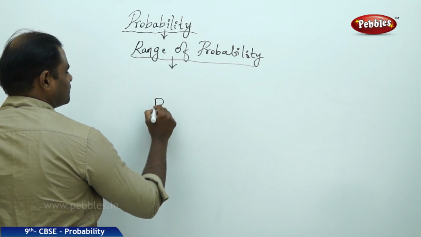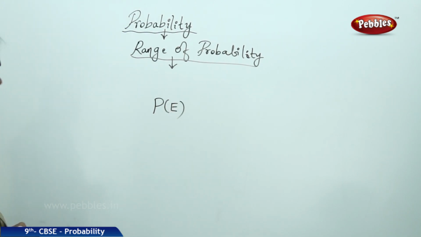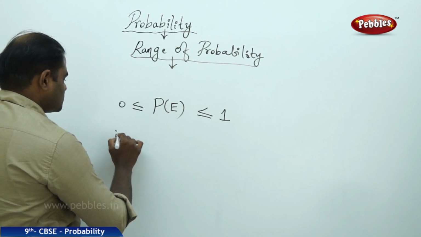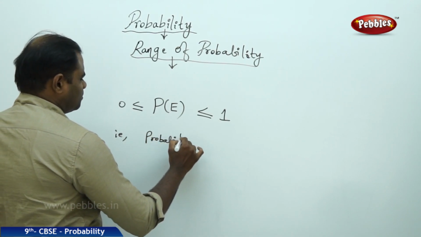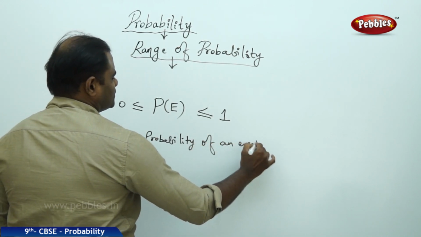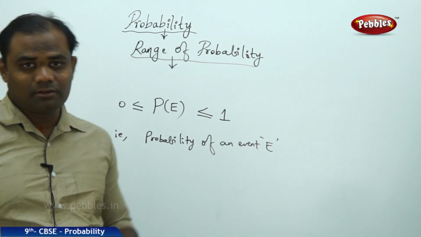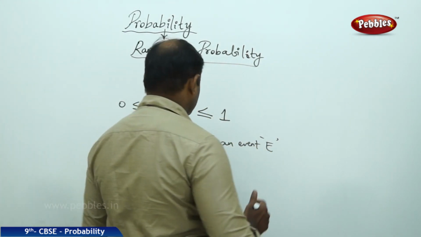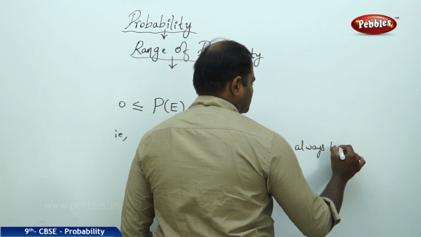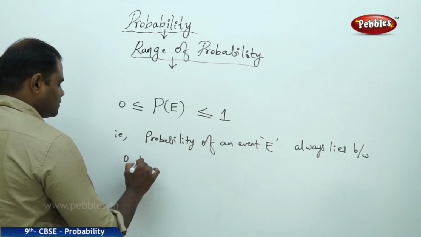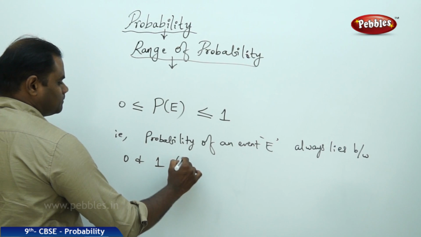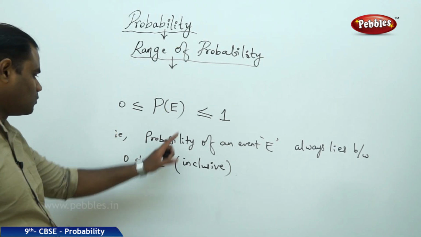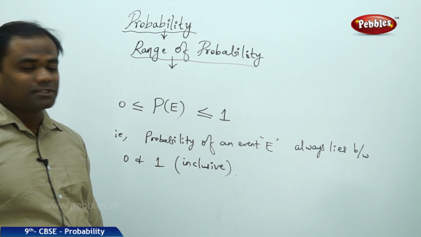The probability of an event E is always said to lie between 0 and 1, including 0 and 1. That is, probability of an event E. The event can be tossing a coin, rolling a die, playing cards, or playing a cricket match, etc. That is, probability of an event E always lies between 0 and 1, inclusive, that is, including 0 and 1. But it cannot cross 1 on the right, cannot cross 0 on the left, which clearly makes me understand that,